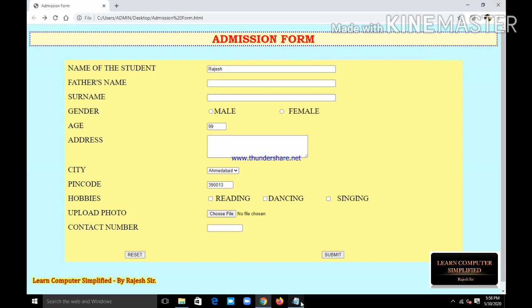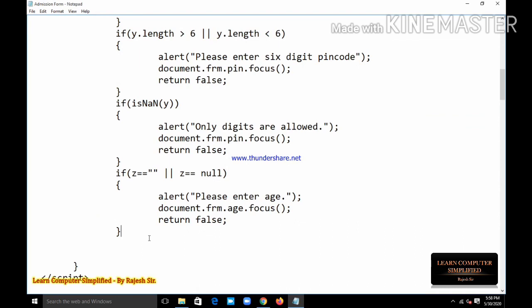So I can make a range over here, that is if, and I am using a function, parseInt(z) greater than 35 or parseInt(z) less than 5.